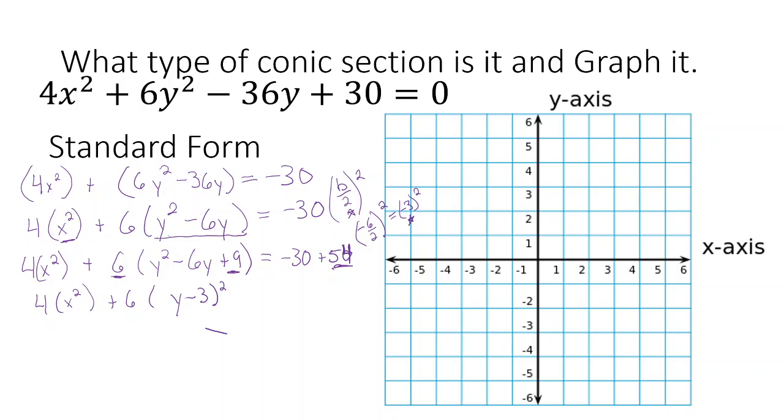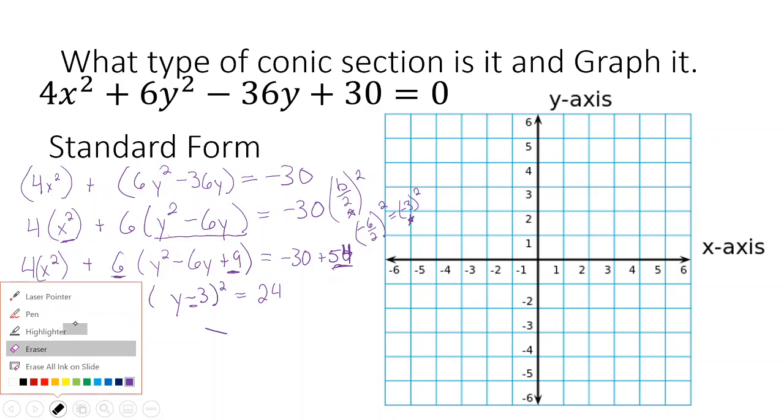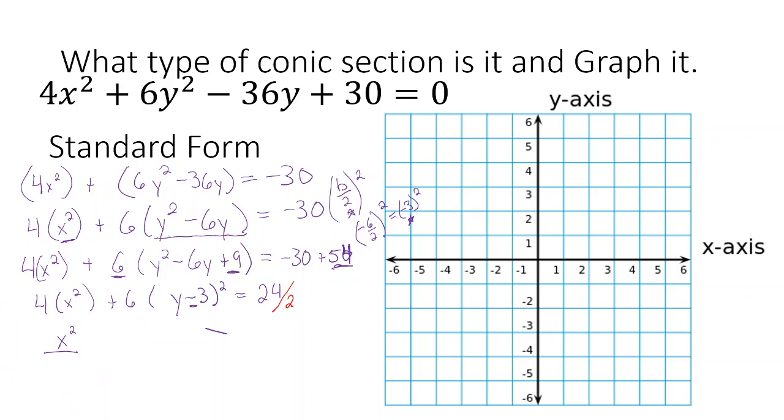So that's how I got the -3 here, equals 24. All right, so then it comes up to dividing by 1, and we get x squared over 6. Now, excuse me, let me explain that a little bit better, how I got that value. What I was doing, dividing by 24 here, dividing by 24 here, and dividing by 24 here. The purpose of that was so that I could make the right-hand side equal 1. So I can reduce this to 6, and I can reduce this